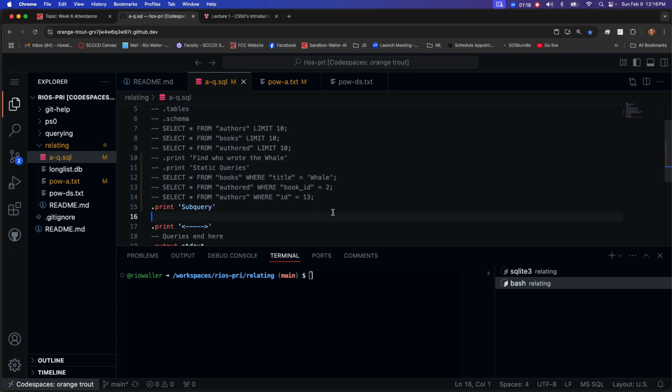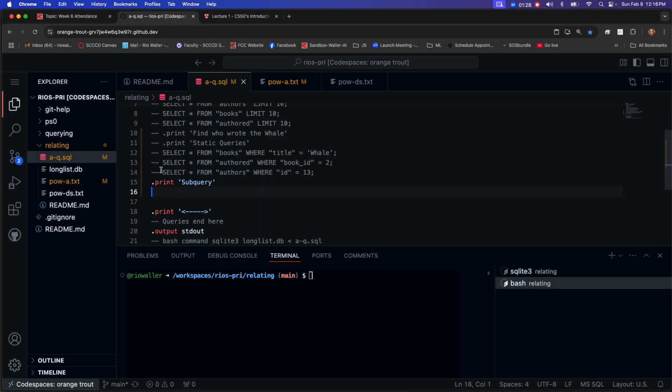So in this case, when I've written it like this, when we write the subquery, it'll be in reverse order. We'll start with this query. So I'm going to make my life a little easier and copy this one. Now, in this case, because we want to have the result of another query be the answer to what we're looking for,